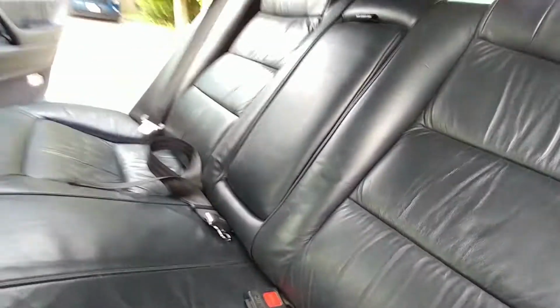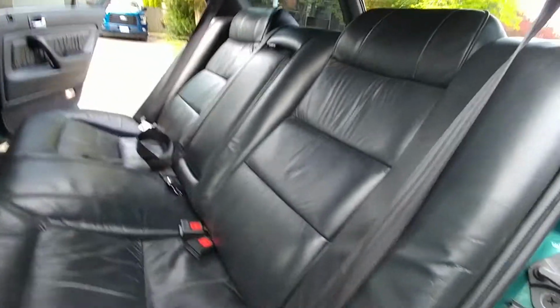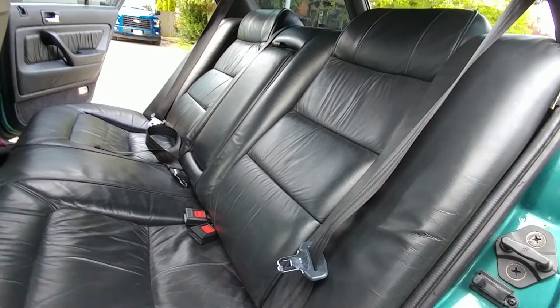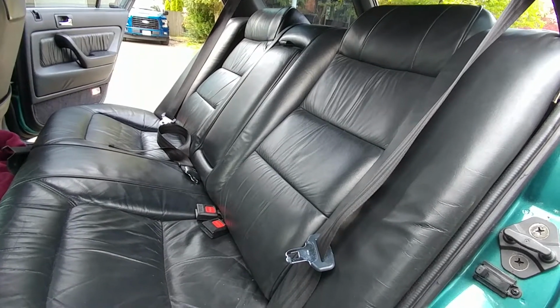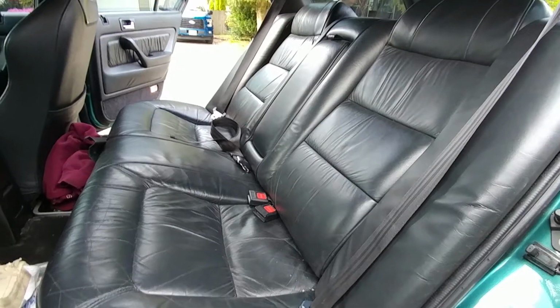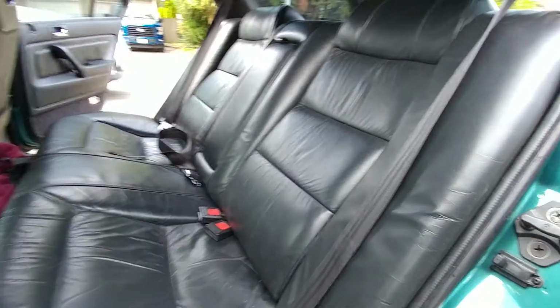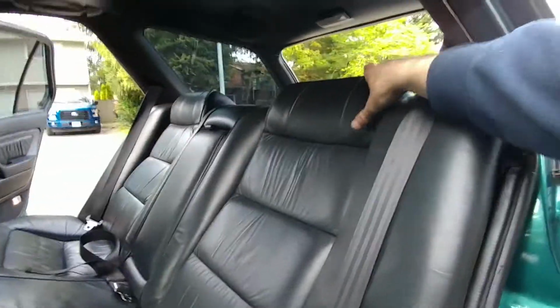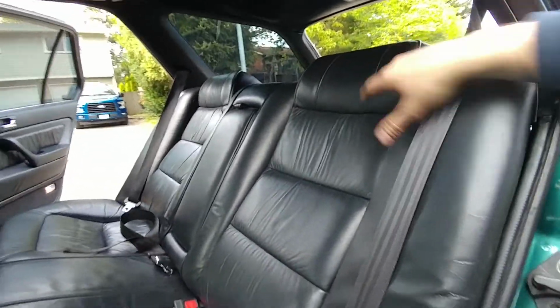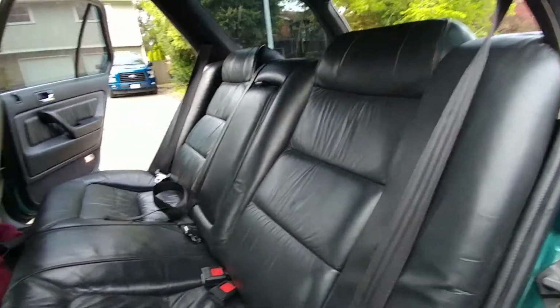Here's another look. Really good. I like it a lot. And then for the rear ones, you can use the ones that come out of the one that you find in the junkyard or whatever. Not bad. Do I recommend this? No. You lose your whole 60-40 or split or whatever you want to call it, where it folds down and you can store more stuff. But